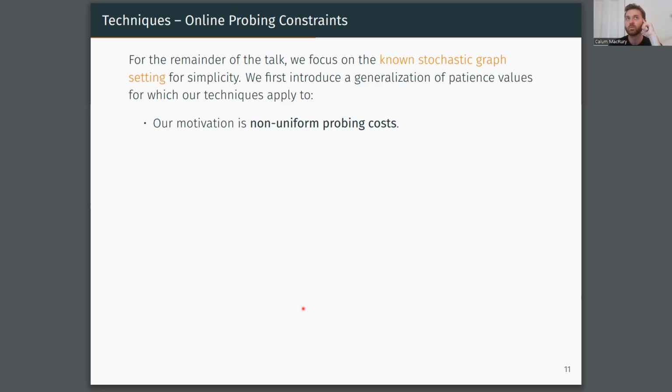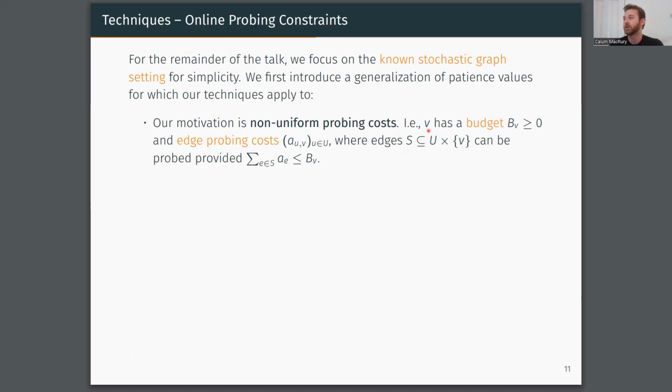However, when we started working on this paper, we were interested in whether the problem becomes more challenging if you look at other probing constraints. So in particular, suppose I have non-uniform probing costs. In other words, every online vertex has a budget and edge probing costs